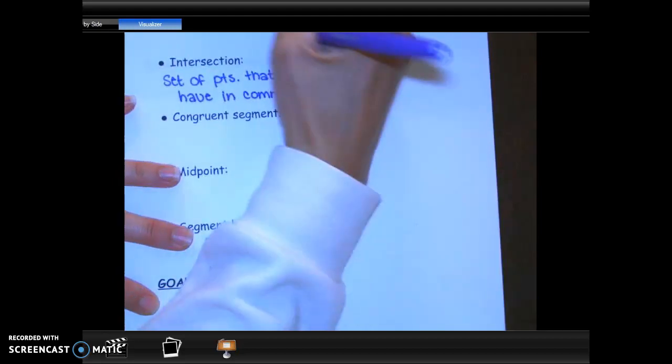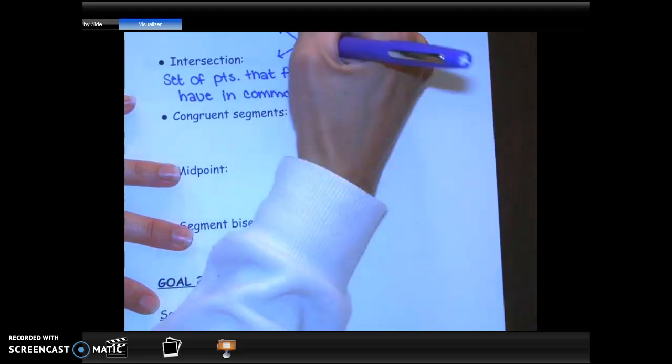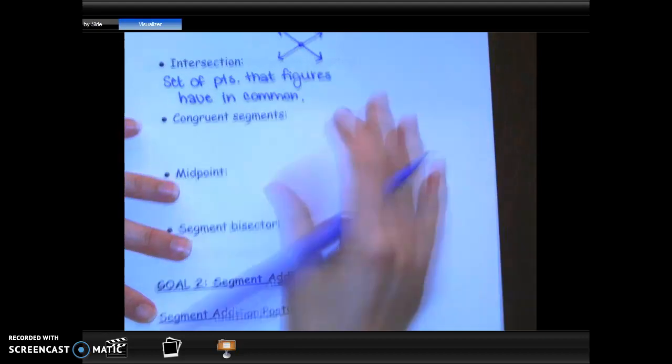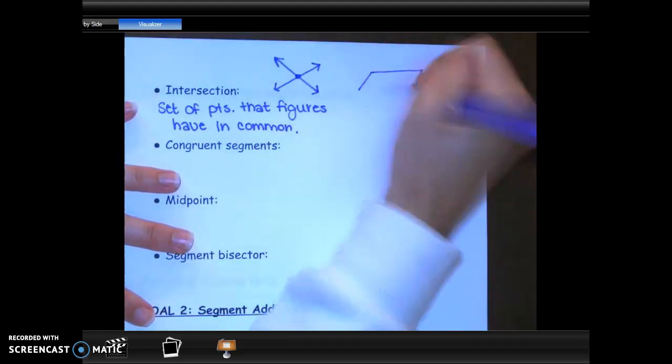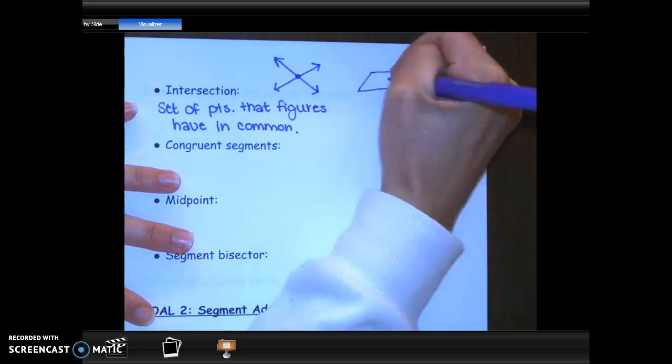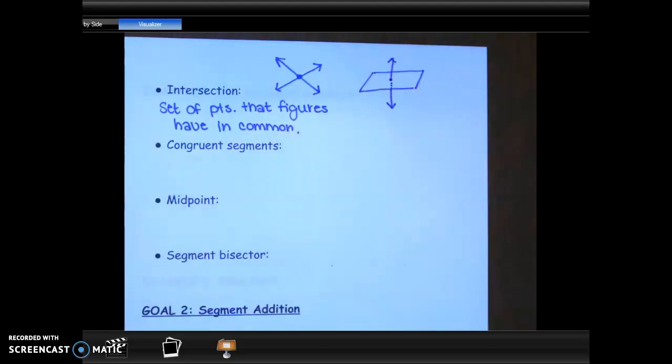For example, if two lines cross, their intersection is where they cross each other. Okay. You could also do things like having a plane and a line intersect. That is another example of an intersection. Sometimes it's more than just one point. Like if we had two planes intersect, there is tons of points that they share because it's like a corner